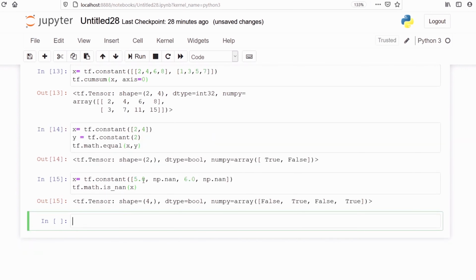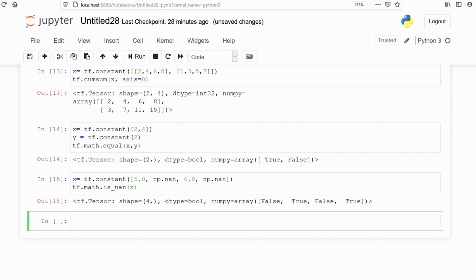We see the result. The first one is false because we have a number here. The second one is true because this is a NaN. We don't have any number here. The third one is false because it's not a NaN. And the fourth one is true because it is a NaN. This is how we can check whether there are any NaN values present in a tensor.